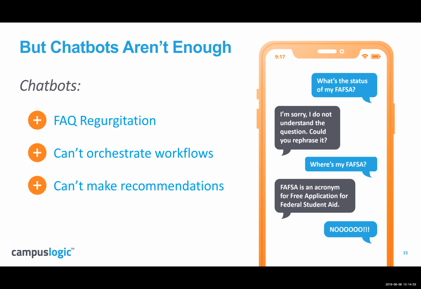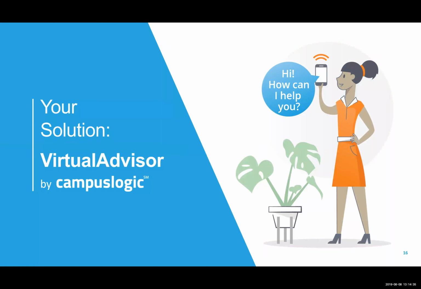So there are a lot of FAQs. Again, 80% of the support calls are easily supported through reactive support, but the chatbots don't really orchestrate the workflow for the student. They don't help the student know exactly where to go next, or drive them, or nudge them to a specific direction, and they definitely don't make recommendations. So we think that there's a lot of opportunity to move beyond a chatbot for financial aid to an actual virtual advisor. And so what do we mean by a virtual advisor?